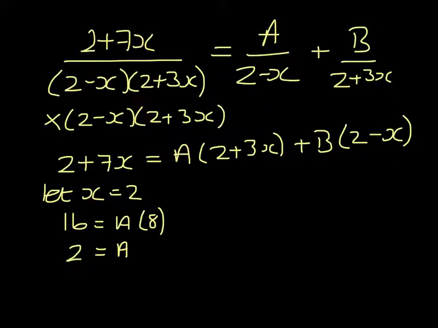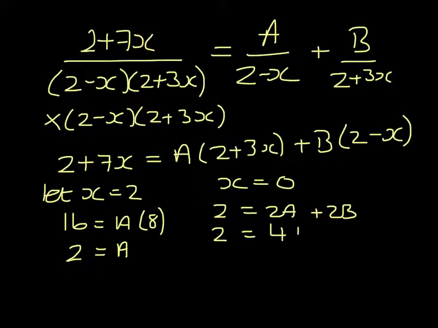I don't like working with fractions, so I'm going to use 0 instead. So I have that 2 equals 2A plus 2B. So 2 has to equal 4 plus 2B. 2B must be minus 2, and in this case B is minus 1. Last thing we need to remember to do is write out the fraction. So it's 2 over 2 minus x minus 1 over